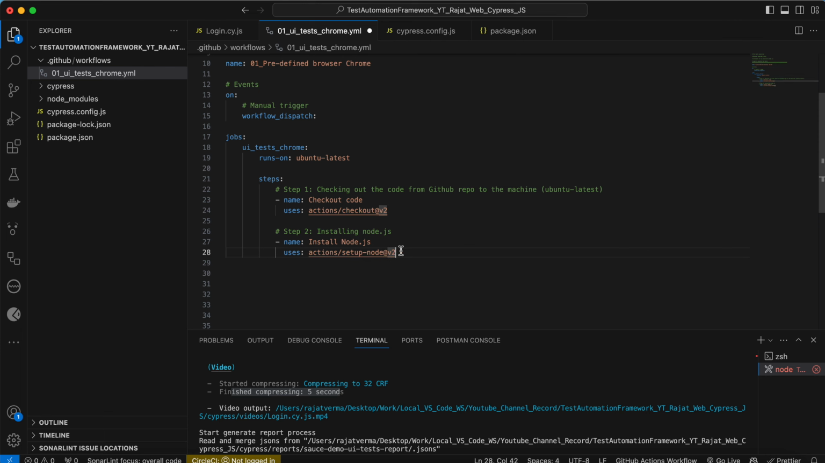Okay, so basically there are different actions which are available with GitHub. With the help of these we are going to install Node. Okay, so which Node version do you want? Maybe I'm interested in the 16th one. Okay, so what is step number 3 now? After doing this, basically what you want to do,